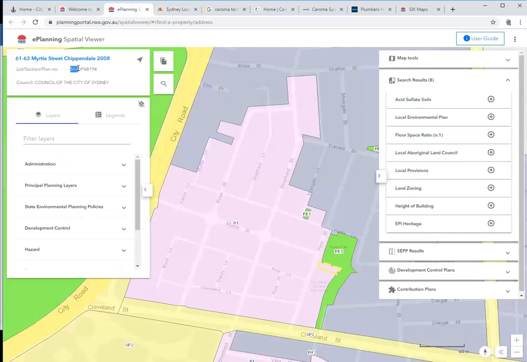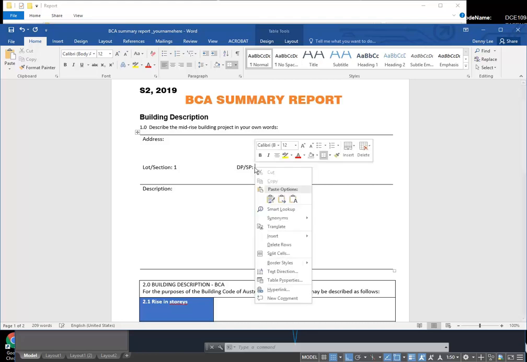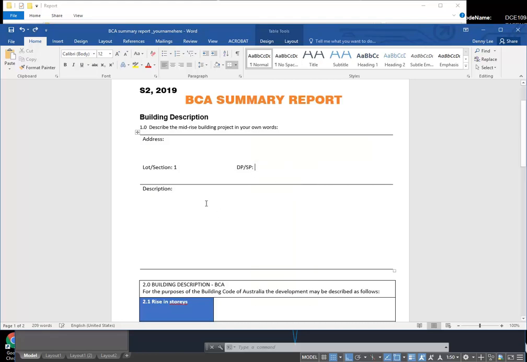So the lot number is lot number 1, DP 68194. I'll let you find that. You don't always have a section number. So don't worry if you don't have a section number. Okay, so then